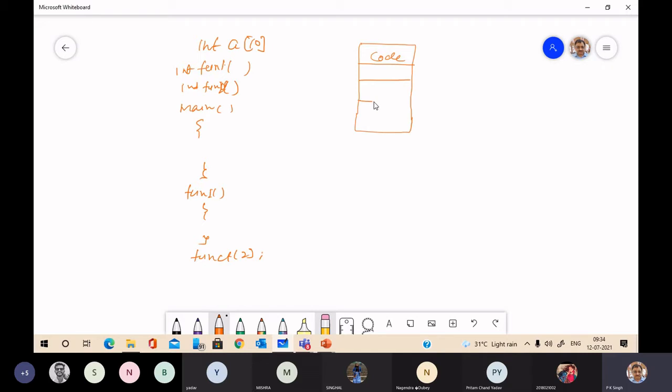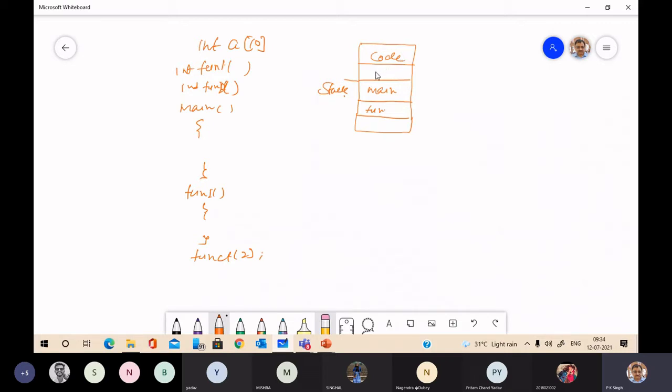Now you have the activation record. This area is the stack. Suppose from main, you have the activation record for main. You call function 1, then the activation record for function 1 is appended.